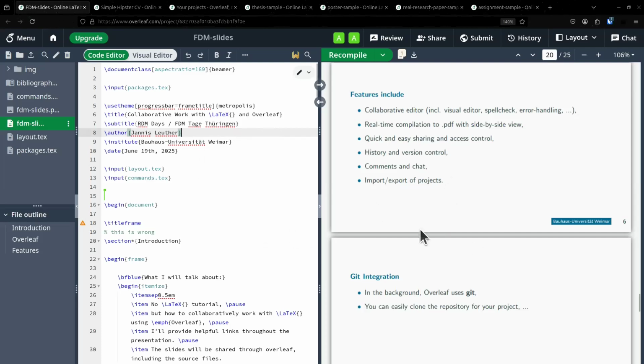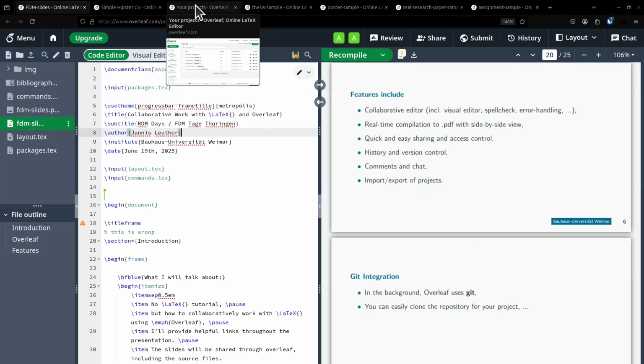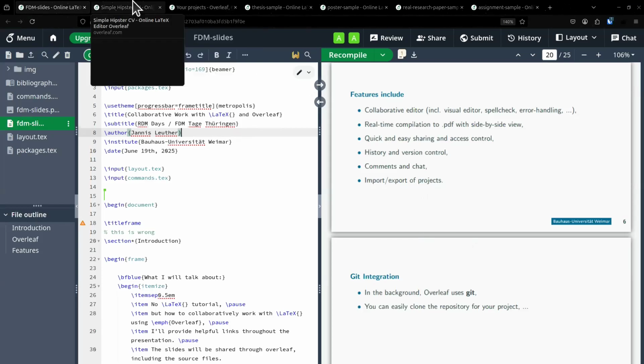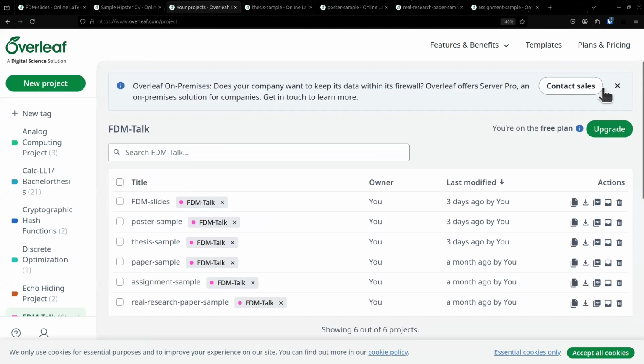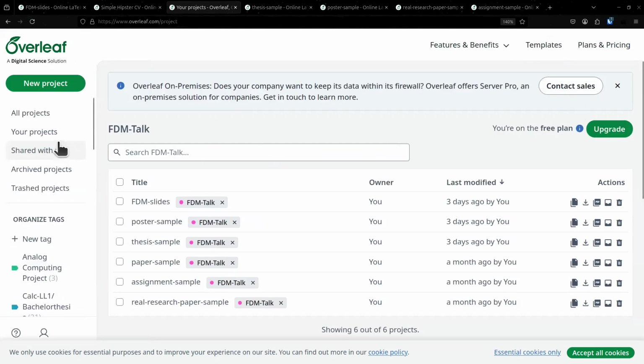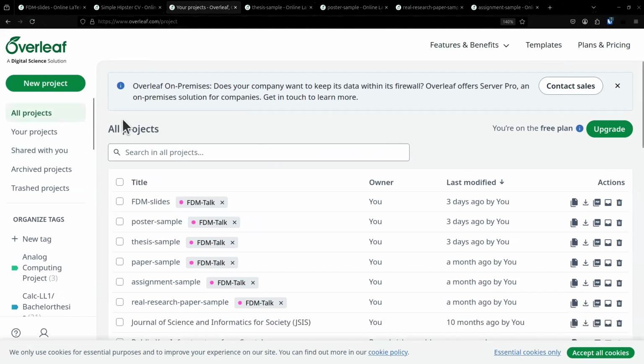Then there is one thing that I have not included in the slides, but which I thought of just now. I will go to the main page. So this is basically the main page of Overleaf, your home page. These are all my projects.